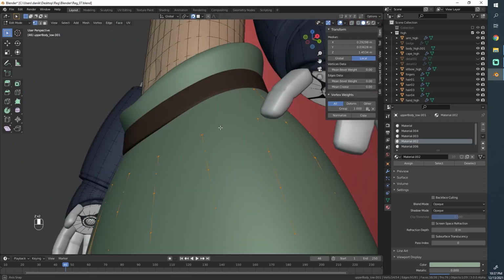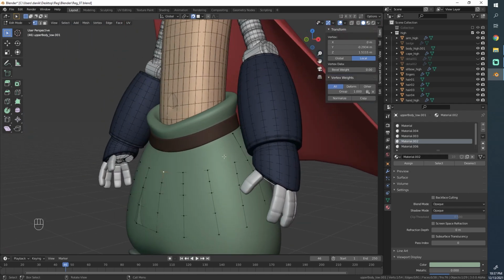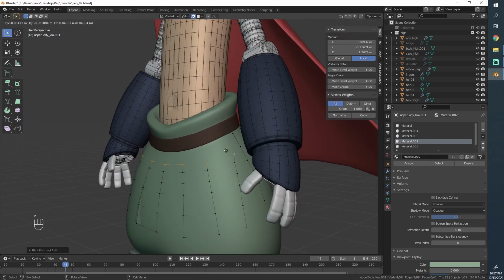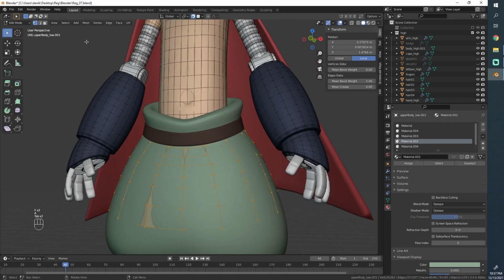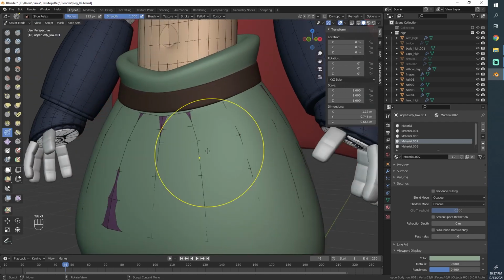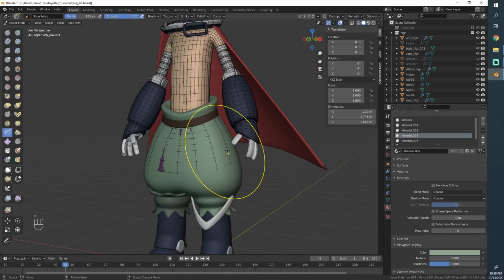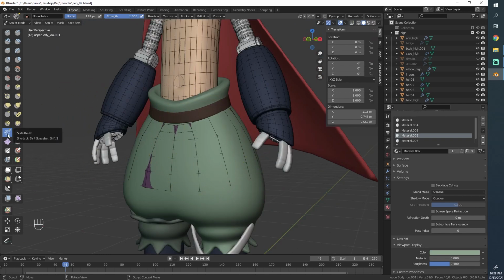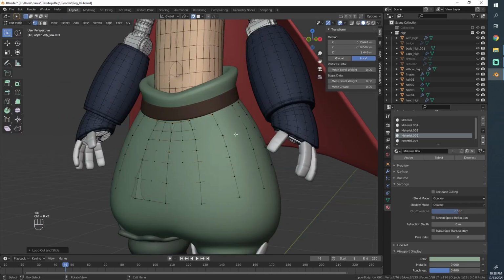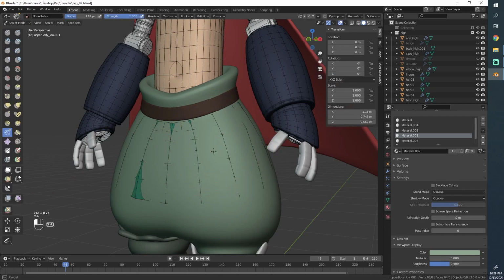What was I saying? Okay, so we hid a few objects, and now we still lack here two loops. Instead of doing extrusion twice, I like to go all the way first and then use Ctrl R to add a loop in between, and that gives you this. I think we did this before. To smooth out the topology, I like to use the slide and relax brush. Maybe let's add a few more cuts down along here before we begin, and then with the slide relax tool enabled, hold shift and brush over this, and it should give you some good results.